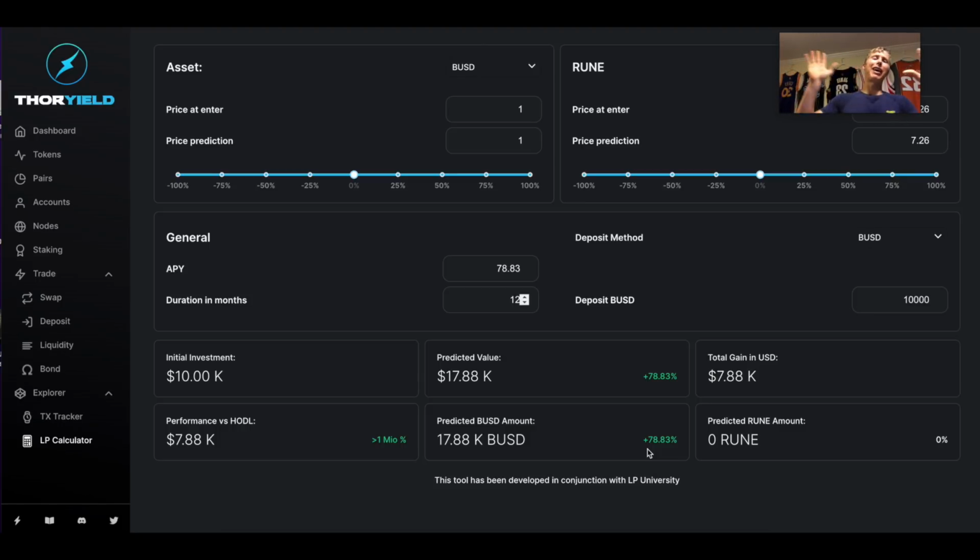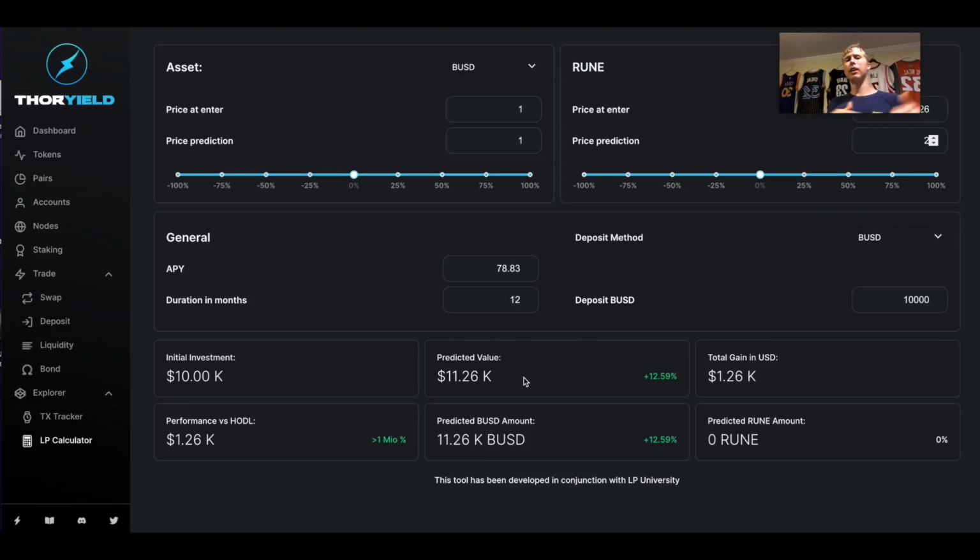Now you're like, nah, forget that. That's trash. ThorChain is going to go to 0, or let's say it's going to go down 60%. Okay, that's fine. Let's see what happens when it's $2. You still make a profit. If it goes all the way down to $2 from $7.26, we're talking over a 60% drop,